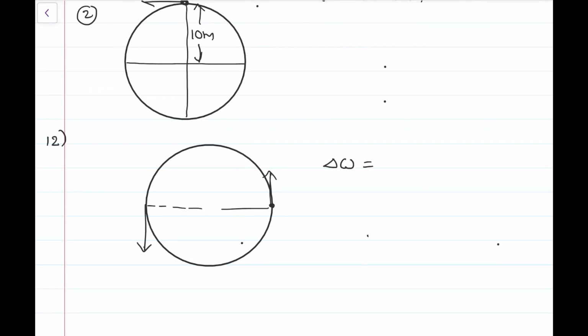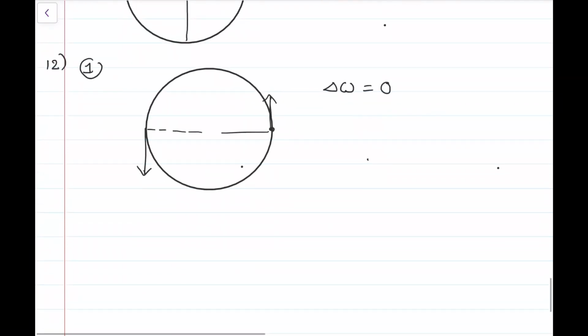Actually, the angular velocity won't change. Its linear velocity direction may be reversed, but the angular velocity throughout its motion, when it is revolving in anti-clockwise direction, is in the z-axis direction according to the right hand thumb rule. So there is no change in the angular velocity. So option 1 is correct for problem number 12.